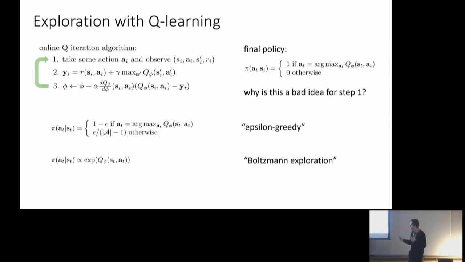So maybe from a practical standpoint, what I would say is that if you have a discrete action problem, which is usually where you would be using this Q-learning algorithm anyway, epsilon greedy is a very good place to start, and it's a fairly well understood method that people know how to tune. Boltzmann exploration has some interesting properties.